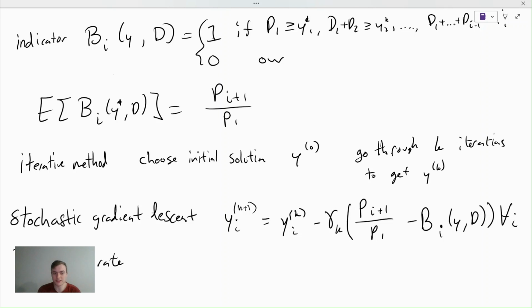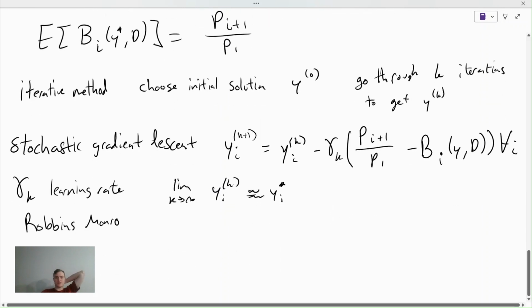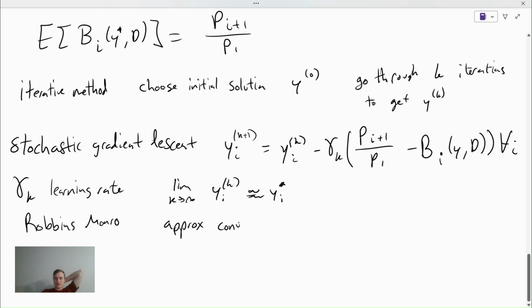And basically we want to get to y star, right? So we want the limit as k approaches infinity of yi of k to come out to y star at index i. We want this to be optimal or pretty close to optimal, approximately optimal, right? And so the proof of this is by Robbins and Monro, but anyways, their result is that this will be approximately optimal, and it will converge, which means yk approaches